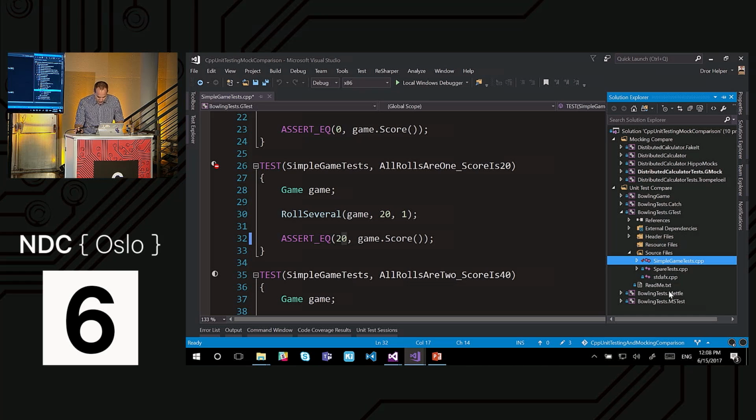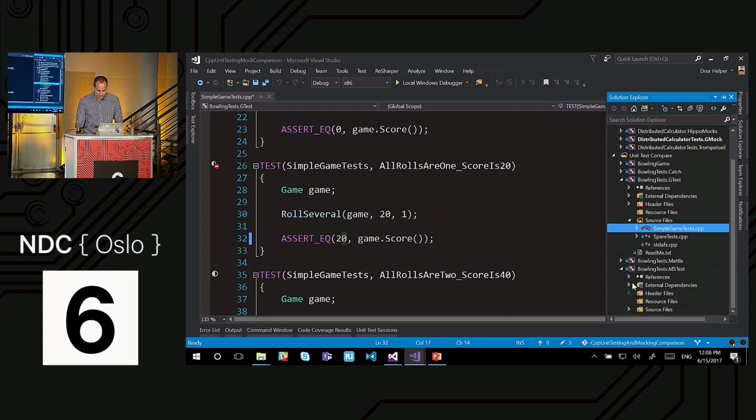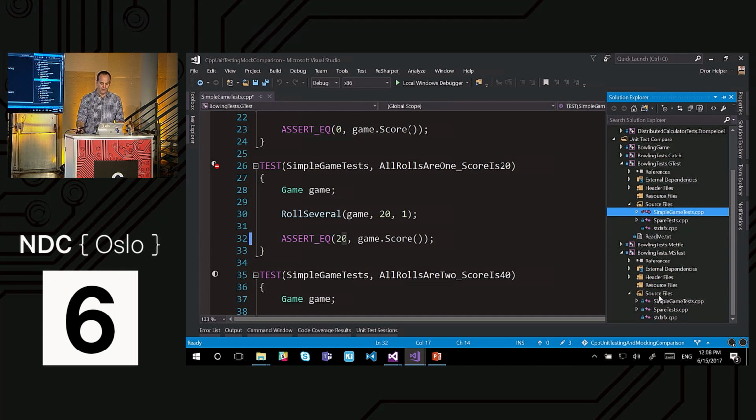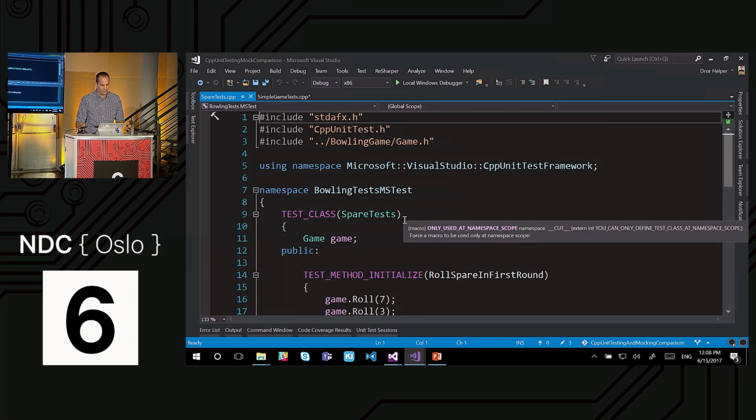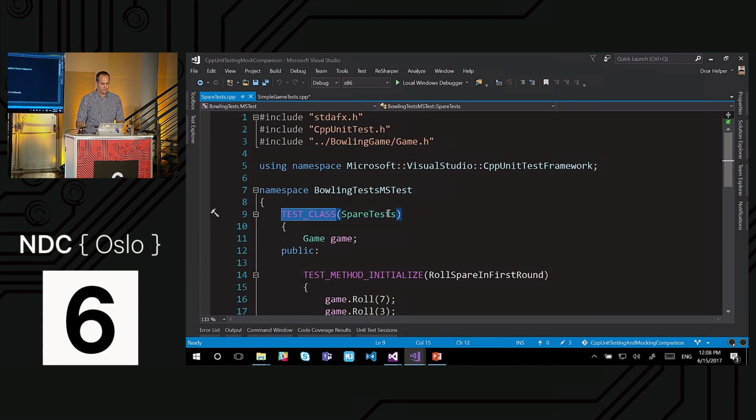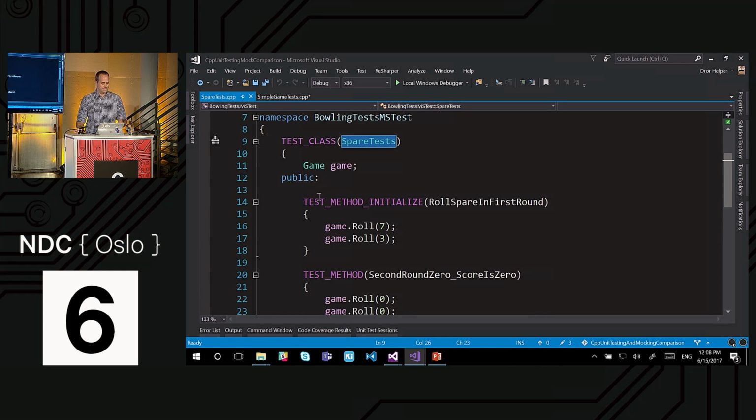Moving on to Microsoft. Microsoft Unit Testing Framework will remind you of what you are familiar with from the Java and C# worlds. We have a test class with a name, and you can actually see the test method. It looks just like writing a class, and I can have fields in that class. Again, not sure whether that's a good or bad thing. And every test method does something.